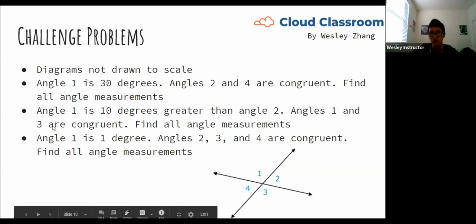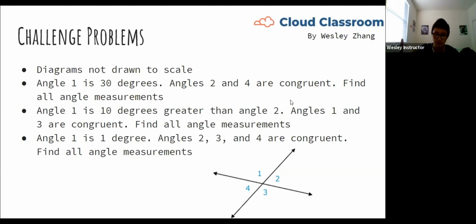Angle 3 is also x plus 10, and angle 4 is also x. When we combine those, we get 4x plus 20, and we set that equal to 360 degrees. 360 minus 20 is 340, and then we divide by 4 on each side to solve for x. 340 divided by 4